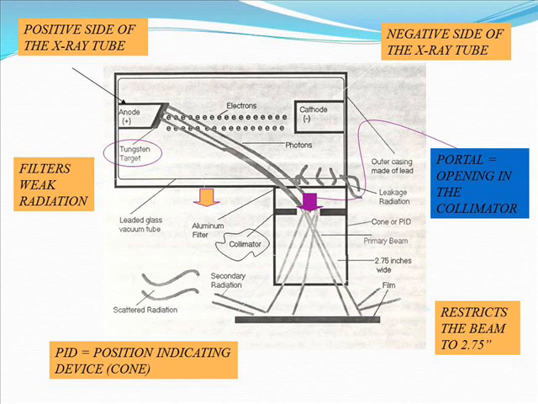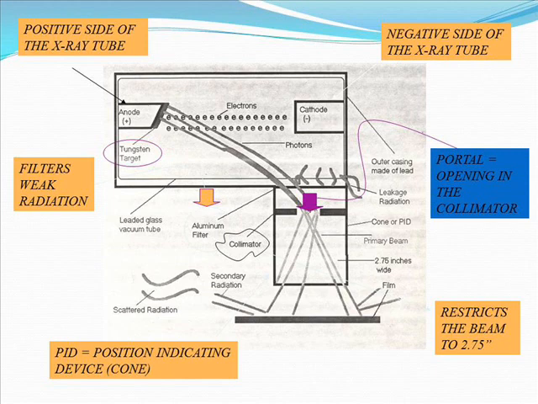There's a negative side and a positive side. The negative side is the cathode. The positive side is the anode. The electrons are released, hit the tungsten target, aimed towards the cone, go through the aluminum filter, then through the center of the lead collimator or lead washer, which is a collimator, and then out down the cone, restricted to the width of the end of the cone